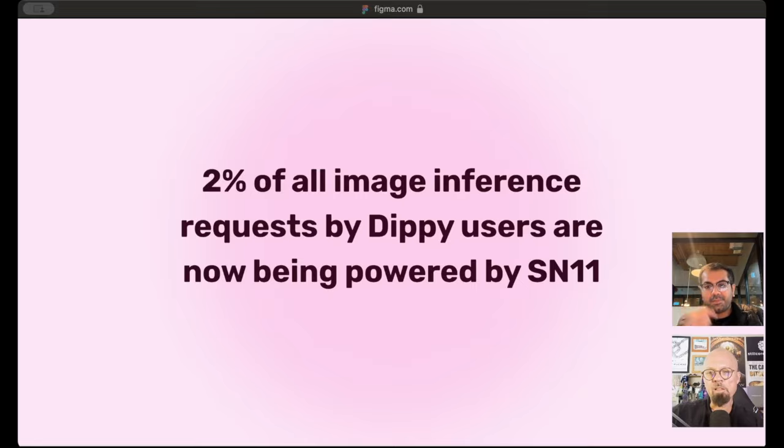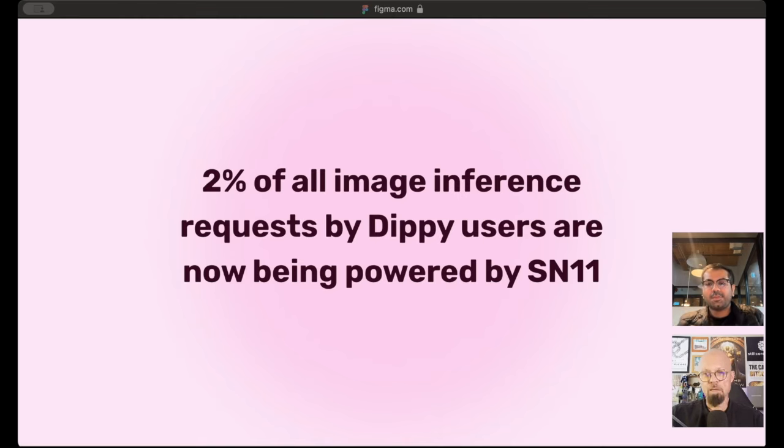Yeah, and just to be clear about how the Dippy app uses this, I would assume it's on the creation of a new character AI, right? Is that when it is? Yeah, go ahead. So that's the plan in a few weeks. Right now, it's powering the in-chat images. That's a feature we rolled out a few months ago, but essentially when the character replies to you with a message, you can tap a button and ask the character to visualize the scene or generate an image of what's happening. And that's what's being powered through SN11 right now.